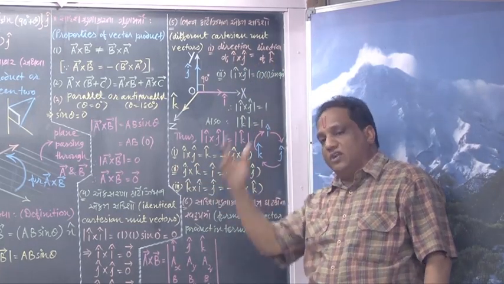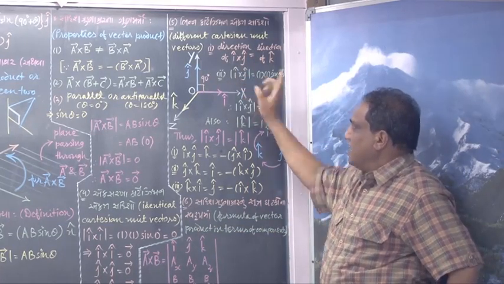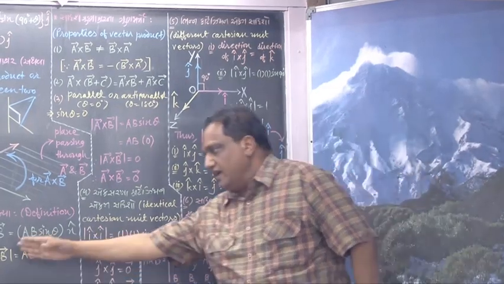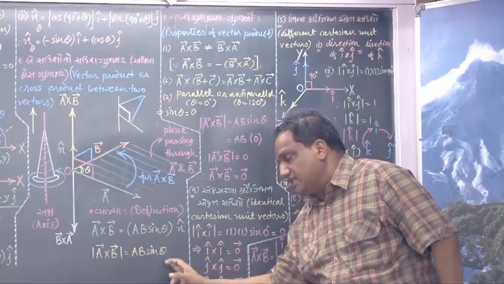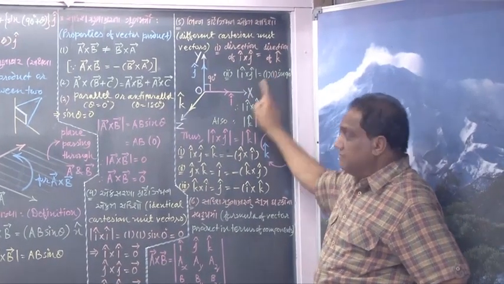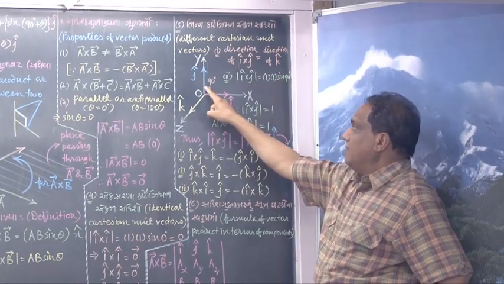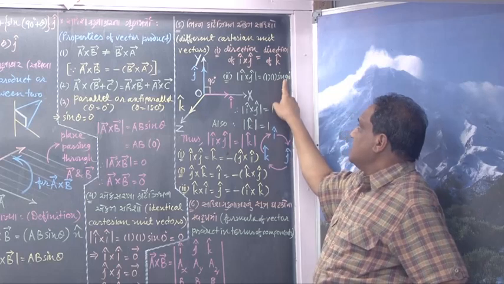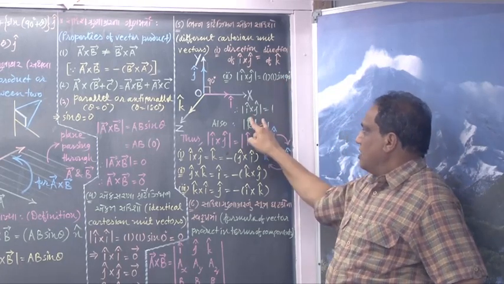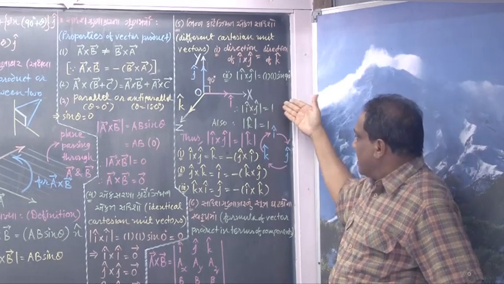Okay. What about magnitude? Come on, check it out. Magnitude of i hat cross j hat. If it is magnitude of vector A cross vector B, it is AB sin theta. Meaning thereby, magnitude of the first vector, which is a unit vector, is 1. Magnitude of the second vector is also 1. And sin theta, the angle between them is how much? 90 degrees. Sin 90 is 1. 1 into 1 into 1, that is 1. And because k is a unit vector, its magnitude is also 1. So these two magnitudes are equal.